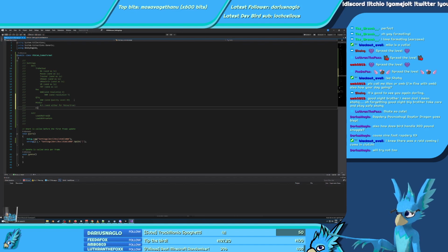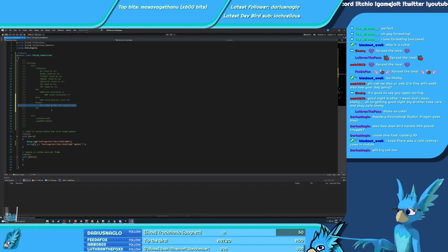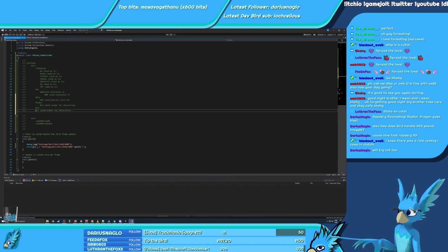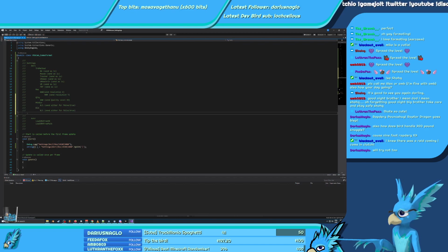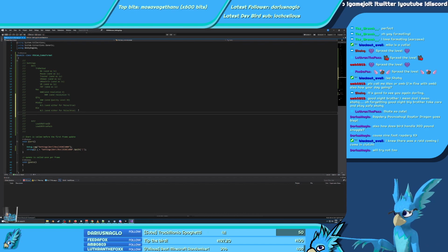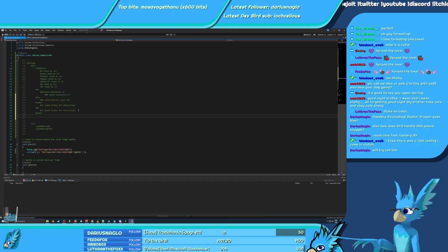Then bloom. There's bloom setting and also bloom intensity, which would be a float. Just a number, send the value.